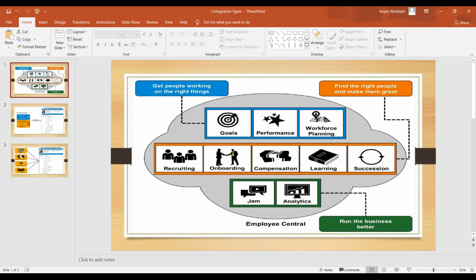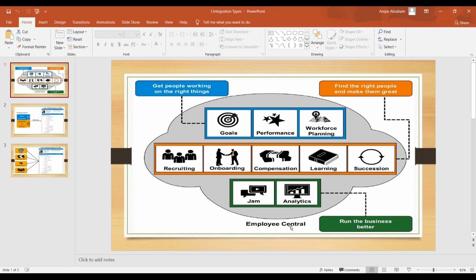Internal integrations means how you can exchange the data from Employee Central to the other SuccessFactors products. If you see this simple screenshot in front of you, these are all different products we have in SuccessFactors, and we call them talent solutions. Here is Employee Central, which we consider a core HR system.